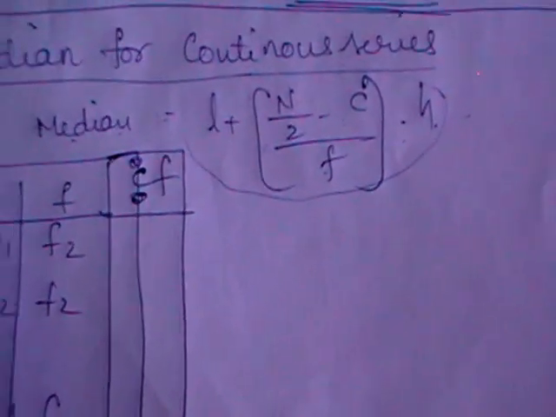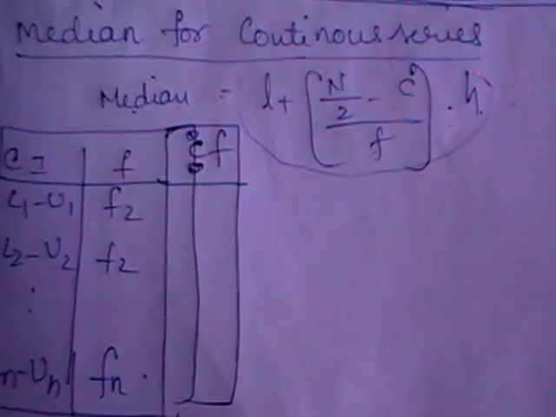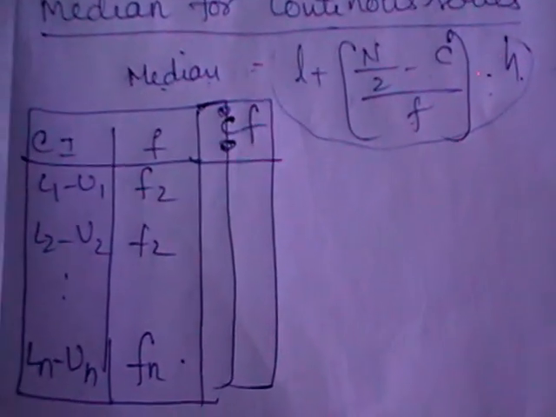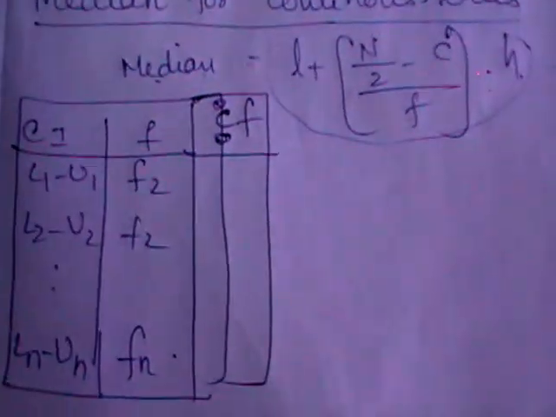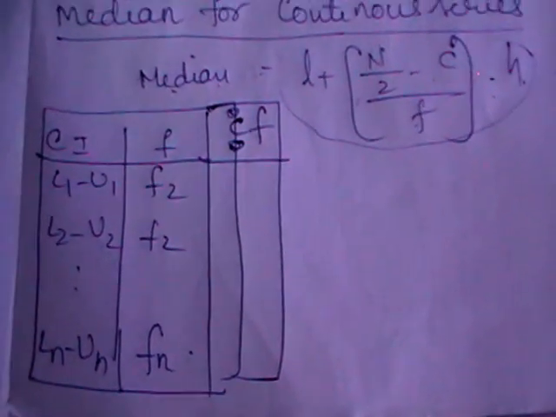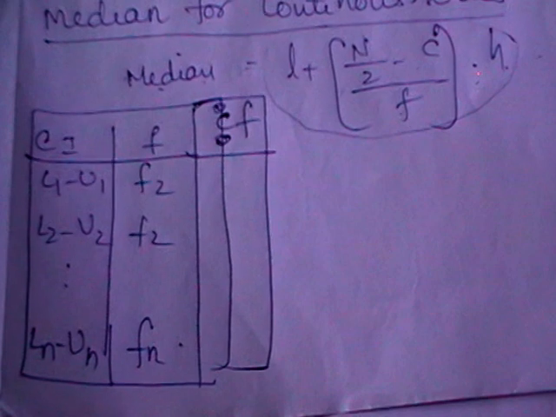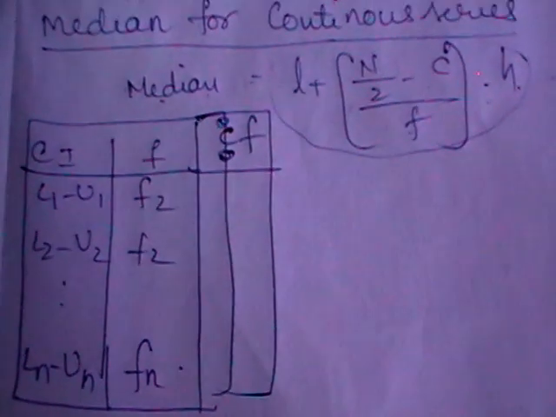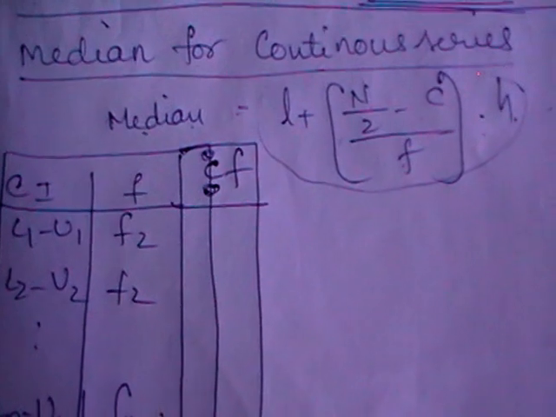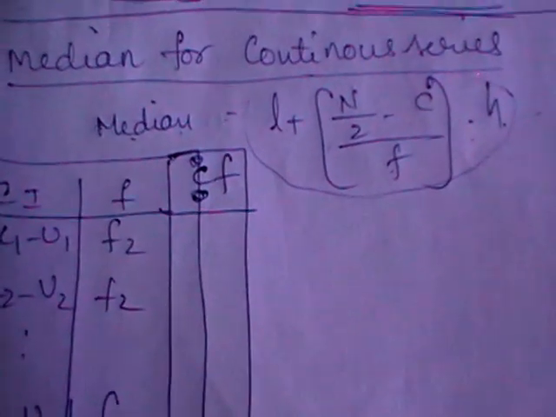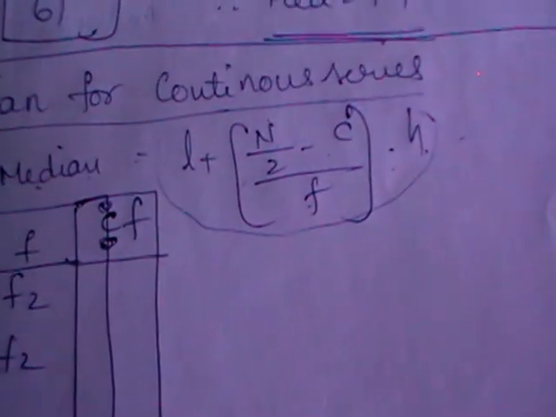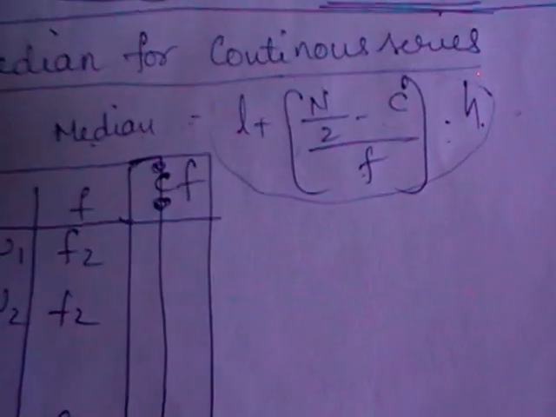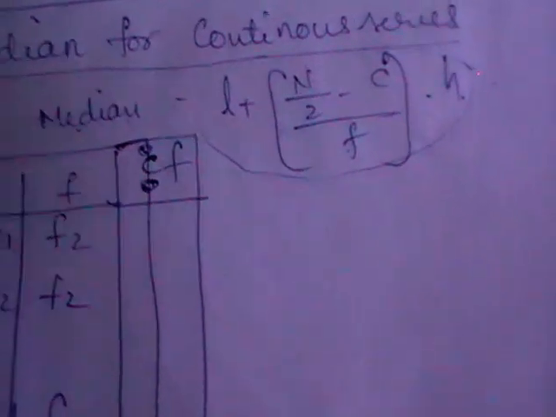I said that for mean you should go for calculation of middle values xi. For median, no need to go for middle values. You should calculate the CF column, which we did in the discrete series. Again I am repeating, for mean only you should calculate the middle values by taking lower plus upper limit by 2, which we indicate with x. For median, no need to calculate middle values, but you should calculate the CF column based on frequencies, which is called cumulative frequencies, as we did for the discrete series.